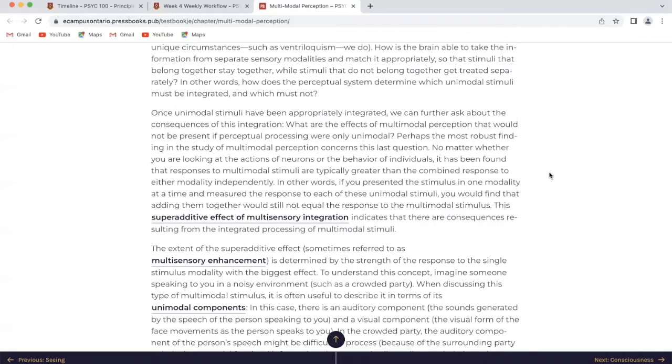In other words, if you presented the stimulus in one modality at a time and measured the response to each of these unimodal stimuli, you would find that adding them together would still not equal the response to the multimodal stimulus. This superadditive effect of multisensory integration indicates that there are consequences resulting from the integrated processing of multimodal stimuli. The extent of the superadditive effect is determined by the strength of the response to the single stimulus modality